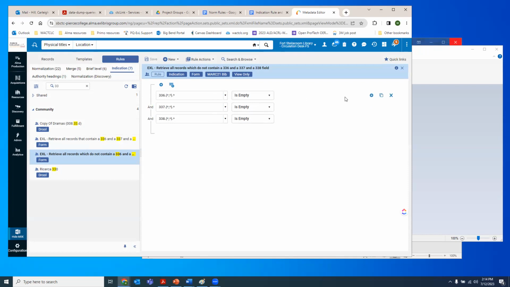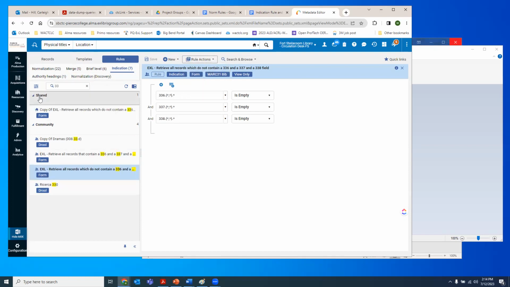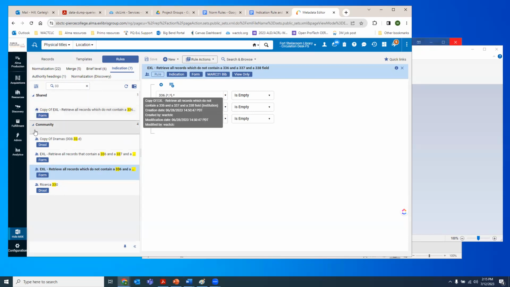And then you would basically go under rule actions and duplicate this rule to your shared folder, which I have already done. So we have the copy of records that do not contain. So once you have the community indication rule saved into your shared folder, you can run it on a set